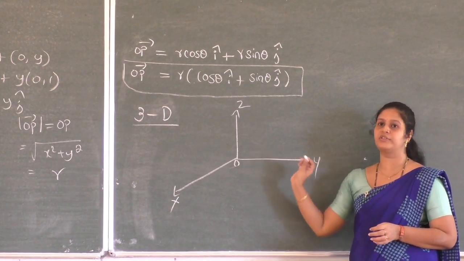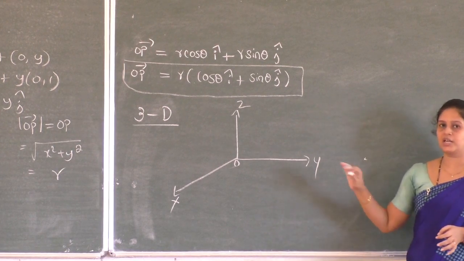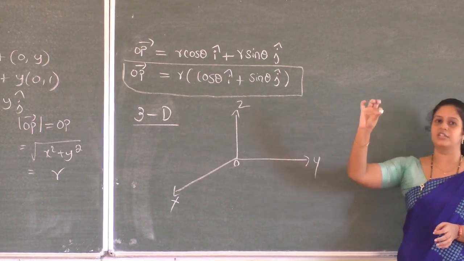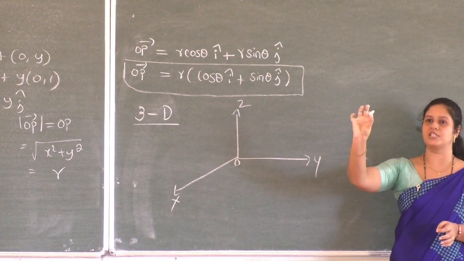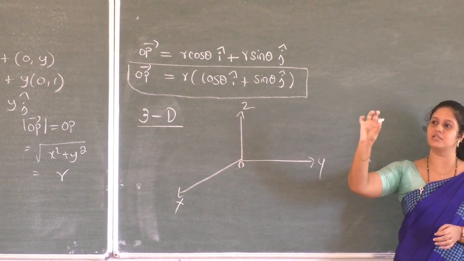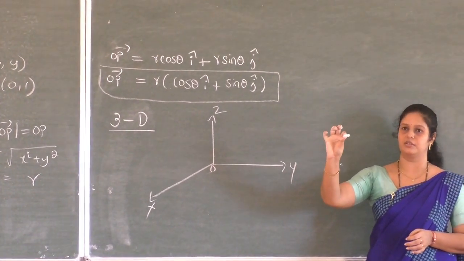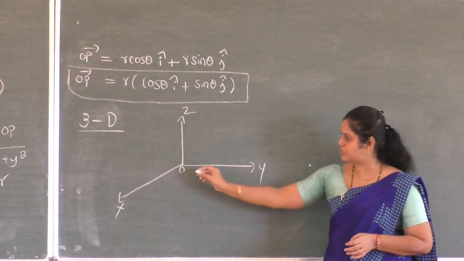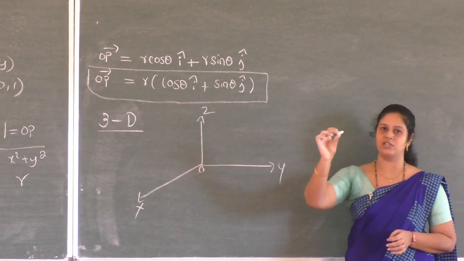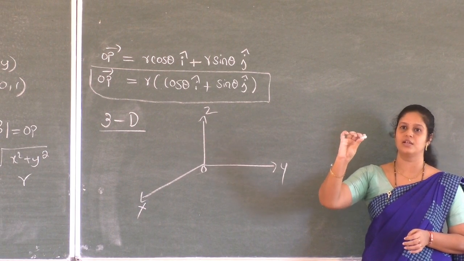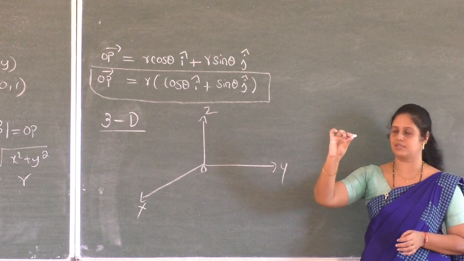Taking one point in 3D space means, our classroom is the best example for 3D. So think that this chalk piece is a point. What is the position of this point? It originally traveled along the x-axis, y-axis, then z-axis. So height is taken by the z-axis.